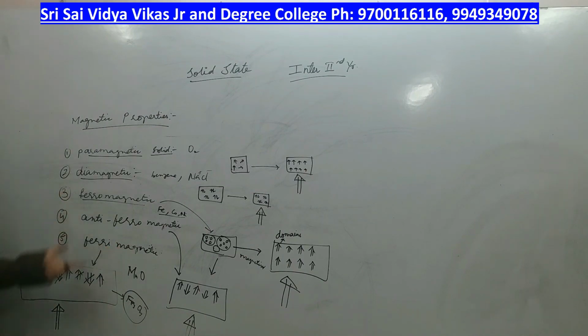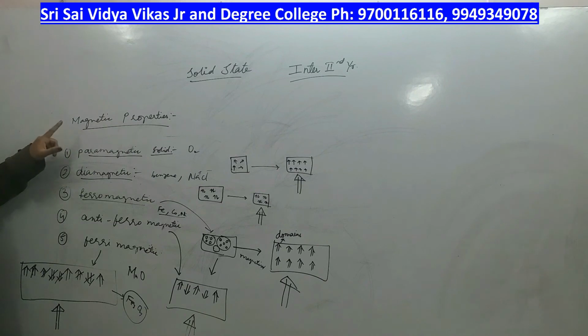So, these are all the magnetic properties of solids. A solid can have any of the 5 magnetic natures. In the exam, they may ask you for 2 marks only these 2, or for 4 marks they may ask all the magnetic properties of solids, right. So, this is a very important question. Please read thoroughly by understanding. Please copy the diagrams and let us meet in the next class.